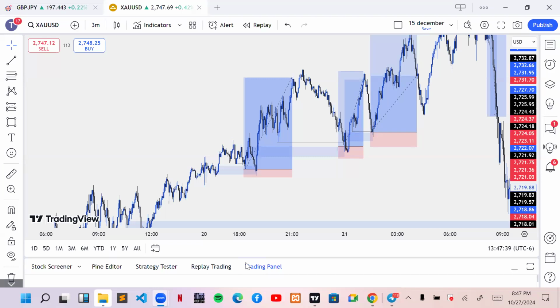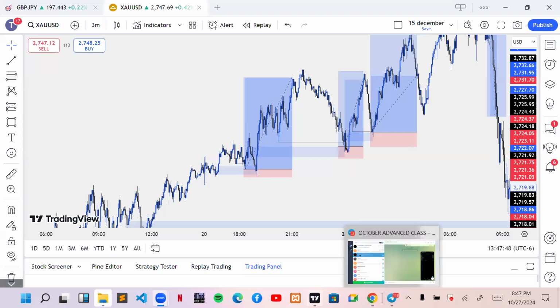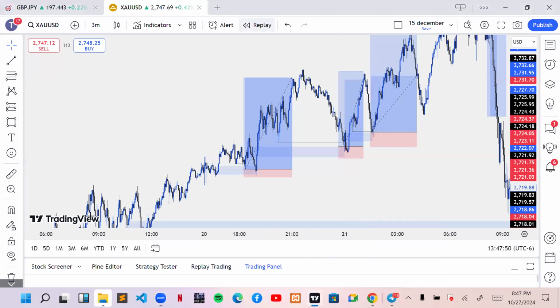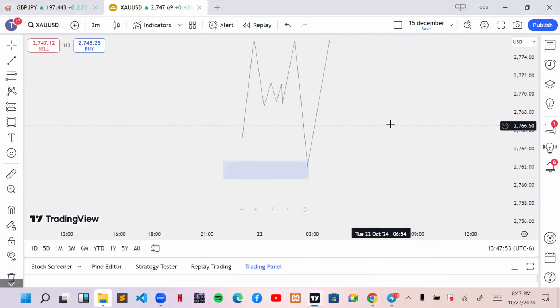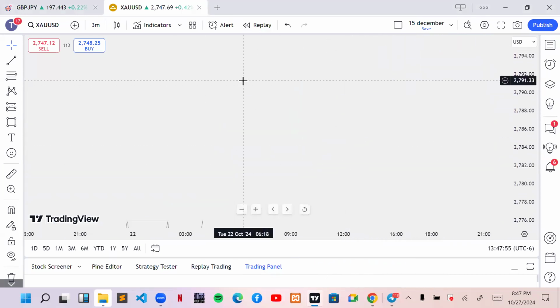So that's basically it for this. The major things about the strategy were already taught: picking a point of interest, liquidity and everything. This is just for your take profit. So just write down these different types of liquidity: trend line liquidity, that's uptrend and downtrend; equal highs and equal lows liquidity;